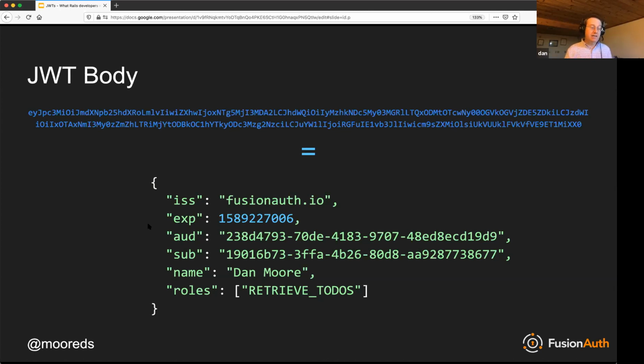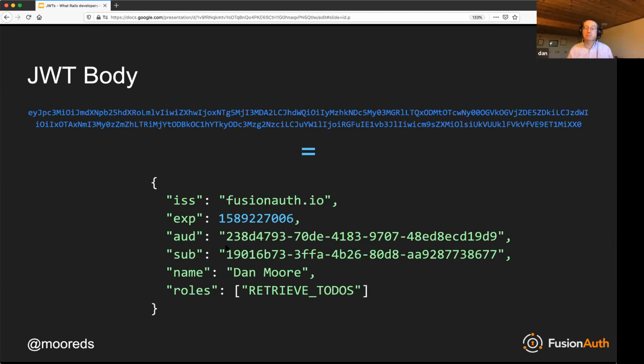So you could imagine that if we have a ToDo API and an email API, we might want to issue different JWTs to the client, and then they can present a JWT that is designed for the ToDo API, that maybe has roles or other business information, to the ToDo API. And if it was presented to the email API, it shouldn't really care about that JWT because it wasn't made for it. So that's what the audience is all about.